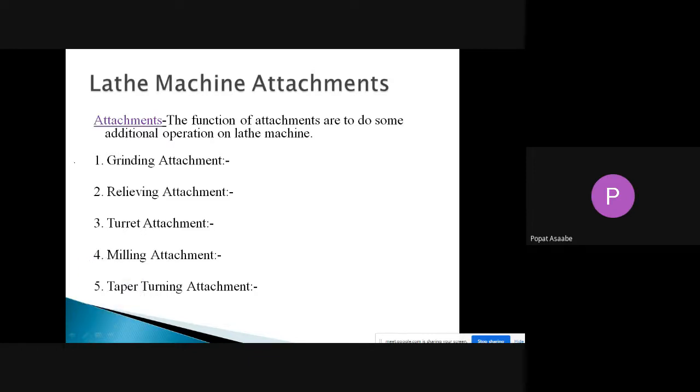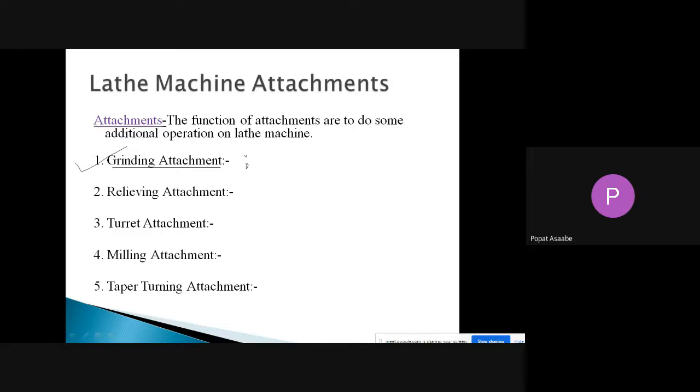The first attachment we can make on the lathe machine is the grinding attachment. Now say, without this attachment, is it possible to perform the grinding operation on the lathe machine? Suppose I want to make a grinding operation with the help of the lathe machine.